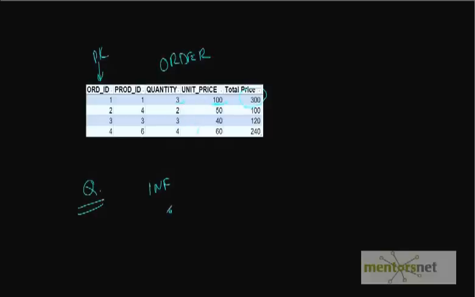What I am trying to bring to your notice is that this table is already in first normal form and already in second normal form. That means there are no repeating columns, and there are no duplicated rows. Therefore this table is already in first normal and second normal form. But do you see any other column here which is redundant? Ask yourself which is redundant here.